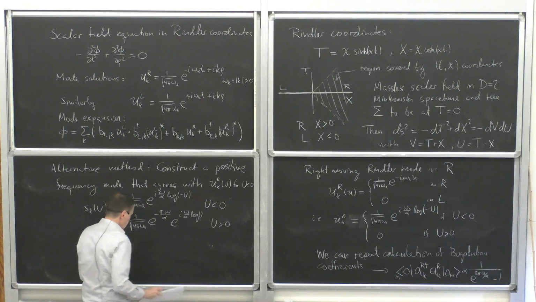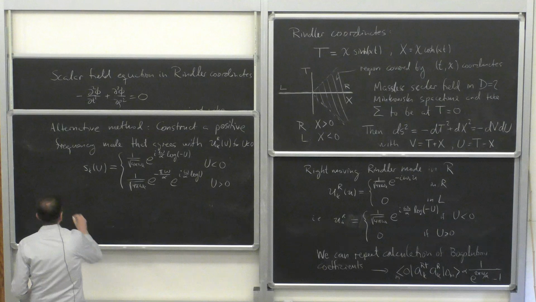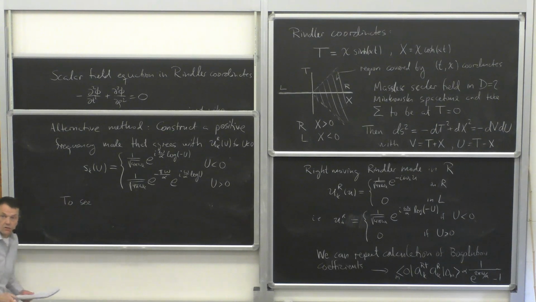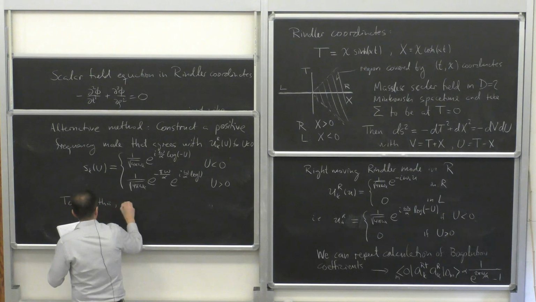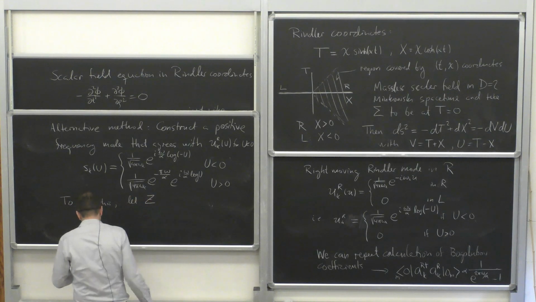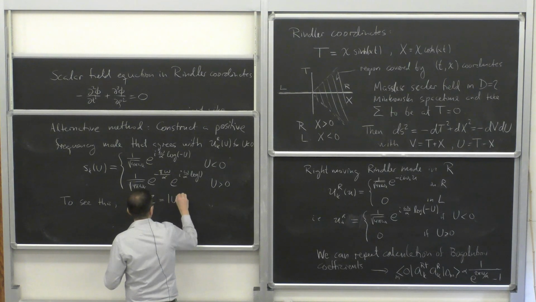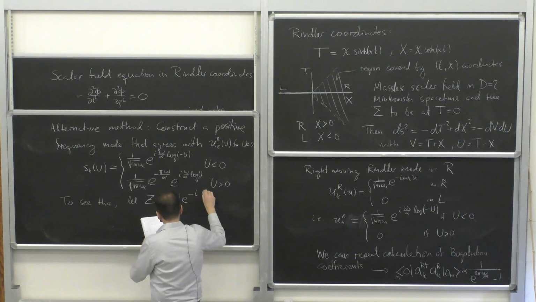Now to see this, and I'm not going to do it in all detail, but we can talk about it in the discussion session later today if you like. You let z be, so you write this, which is basically just the polar coordinate rendition of the z here. You let it be,